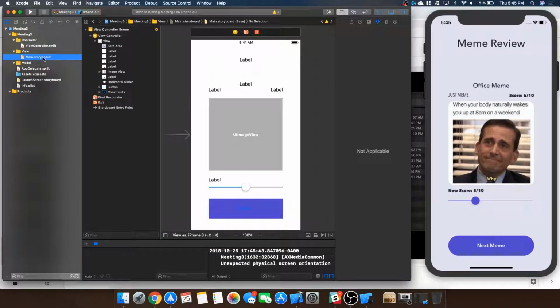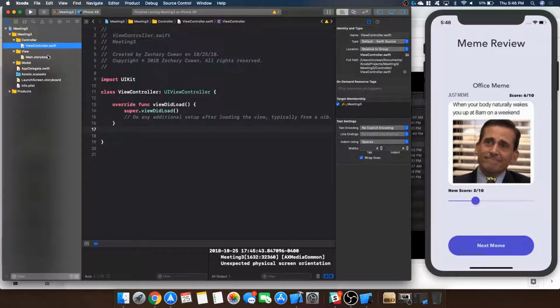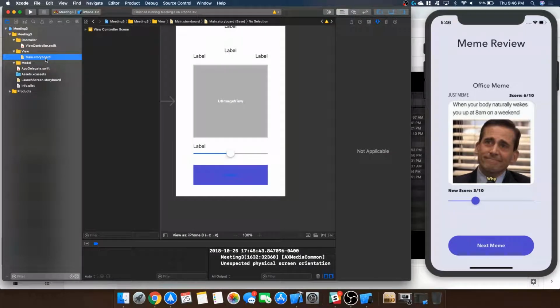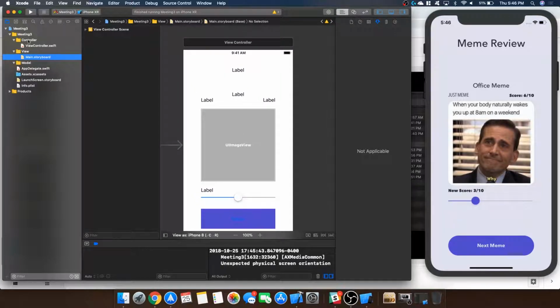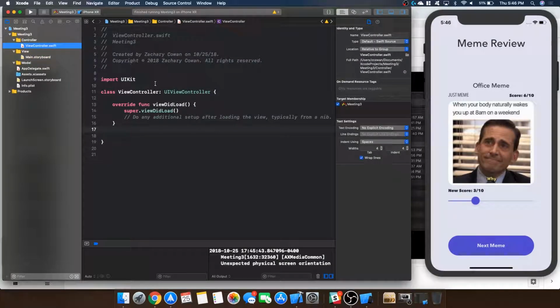All right, so that sort of completes our view. We're not doing any styling just because we're focused on functionality whenever we're first starting with our application. So we've completed our view. We're now going to start on our controller. So if you go in here,